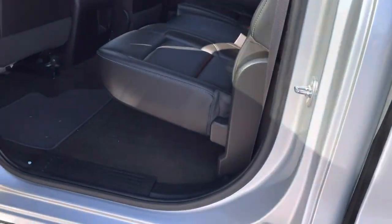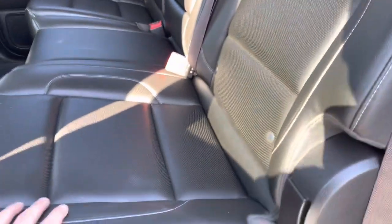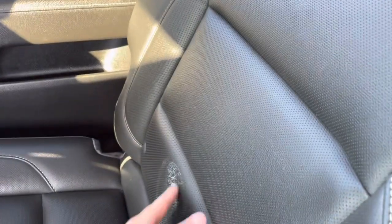Let's go to the back seat. See, it's been on a test drive. Got a little grass there off of a shoe. Back seat looks great. Got one discoloring spot back here. I don't know if it's paint or...